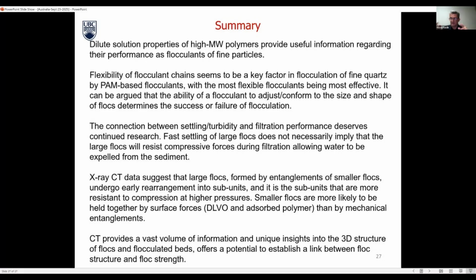We have examples of how you can fly through flocks. You can produce a computer game out of these types of results, where you can take the reader on a path through these channels and pores and empty spaces. So that really concludes my presentation. I think I'm maybe 1 or